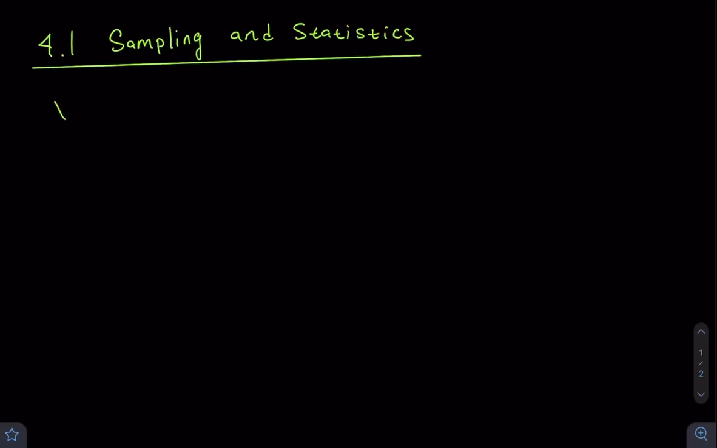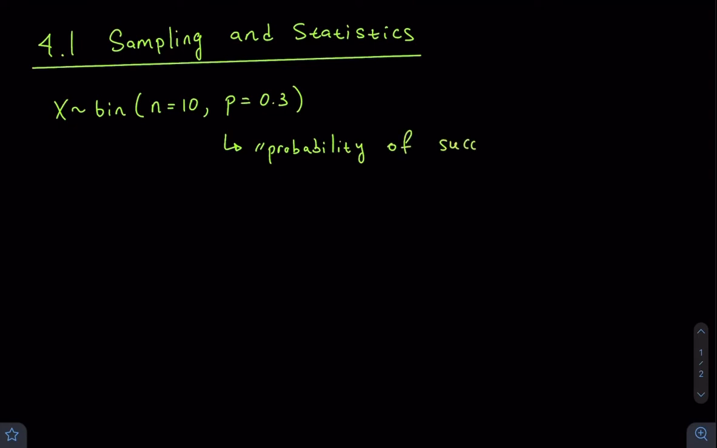Imagine we had a random variable x that had a binomial distribution with n equals 10 and p equals 0.3. Recall that p is the probability of success. And given these parameters, we could solve any probability like this, where we're seeking the probability x is less than